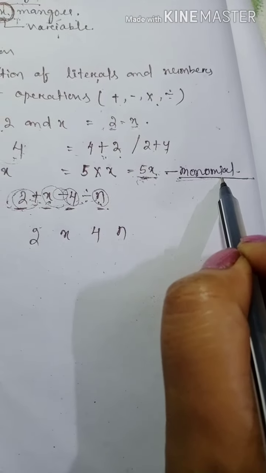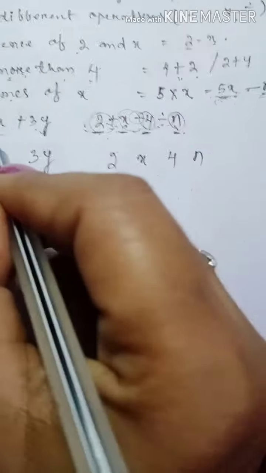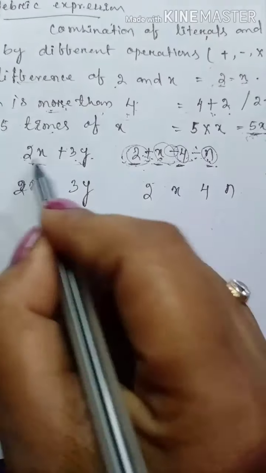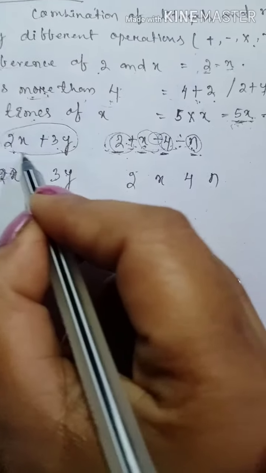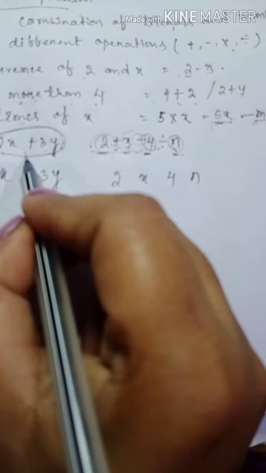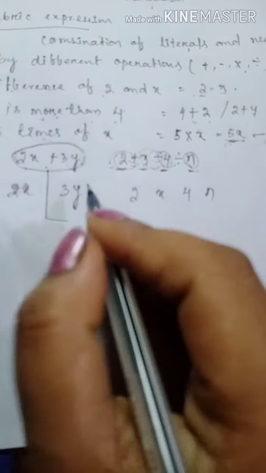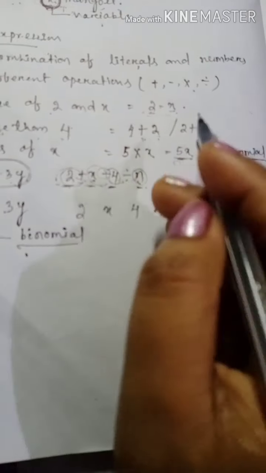See, clearly you have to understand, the algebraic expression which has one term is known as a monomial. The algebraic expression which has two terms, see, this is one term, this is another term, means total how many terms? Two terms. So this is an algebraic expression having two terms. This type of expression is known as a binomial. What is it called? Binomial. It is also a binomial. Here also another binomial. See, 2 minus x. Here also 2 terms. Here also 2 terms. These are examples of binomials.